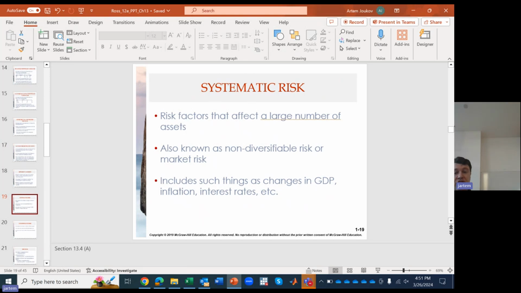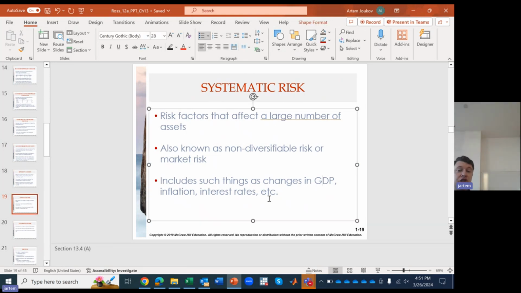Okay, so again, things like GDP readings, inflation, interest rates, and so on. By the way, I think GDP comes out this Thursday, in case you're paying attention, for the United States. So people might be trading on that number. It's the final read for the fourth quarter of 2023. But those are systematic, right? So the idea is that every firm is impacted by inflation. Every firm is impacted by the Federal Reserve raising or lowering rates. So that is kind of baked into the cake. You can't diversify away that risk because it affects everybody.